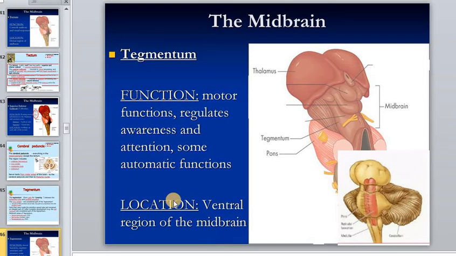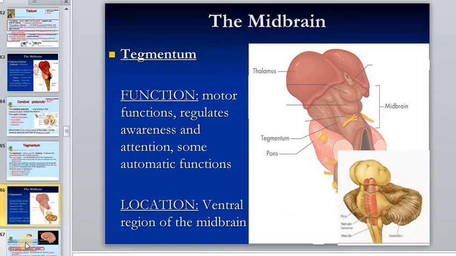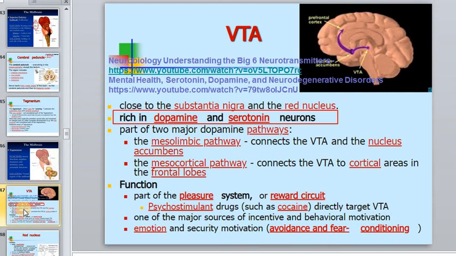Here we see the general function of the tegmentum. Motor function regulates awareness and attention, and some automatic functions, and location. Let's start from the first part of the tegmentum, and here I leave the links about some very important